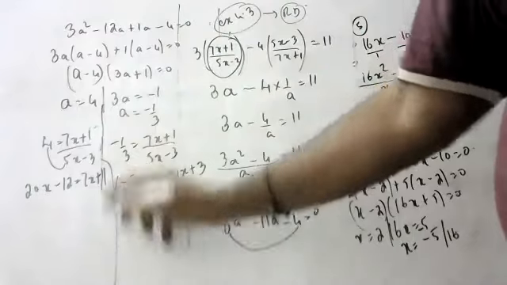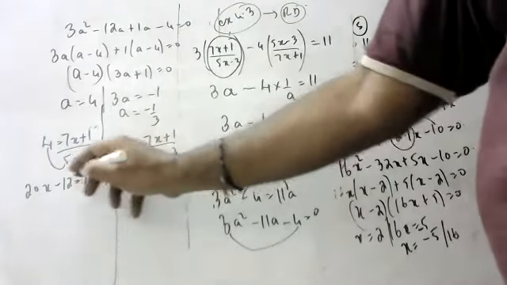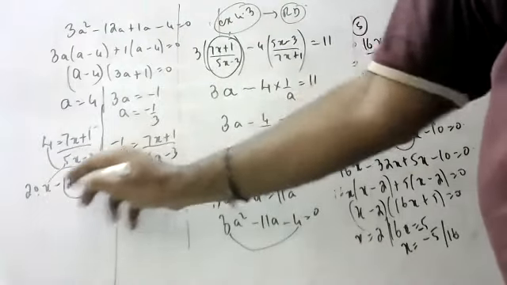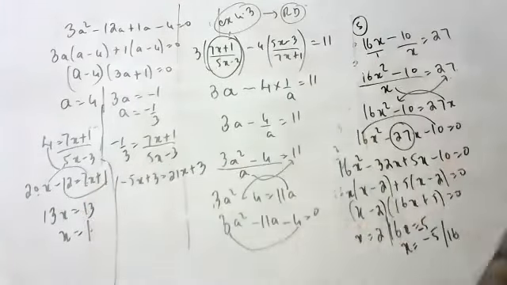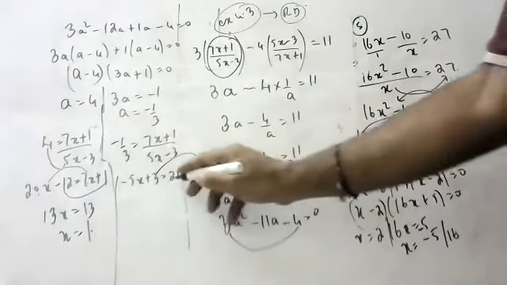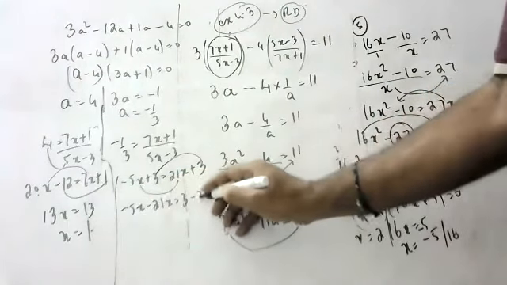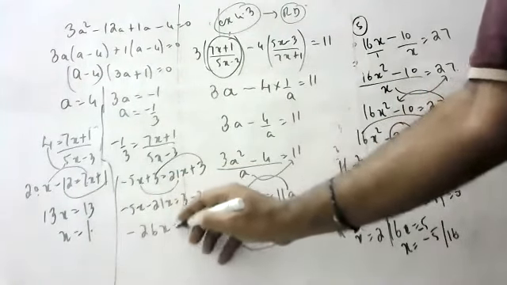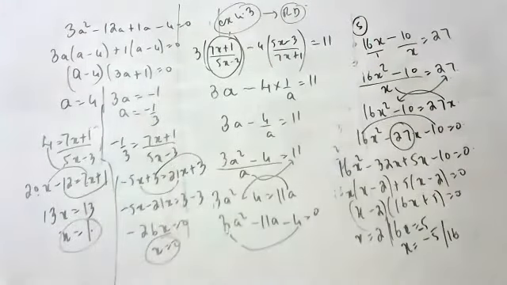So this comes here, this goes here. 20x − 7x is 13x is equal to 13. x is equal to 1. In the same way, children, 3 goes here, 21 comes here: −5x − 21x = 3 − 3, so −26x = 0, x = 0. Children, x = 0 and 1 are the answers. Like this you will be getting the questions, children. One last sum we will do, and we'll stop.